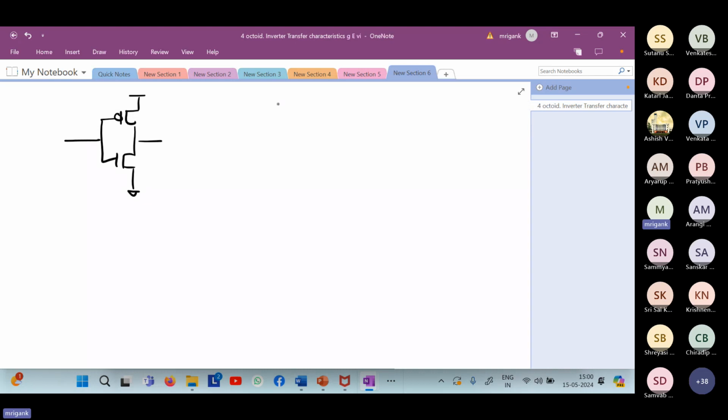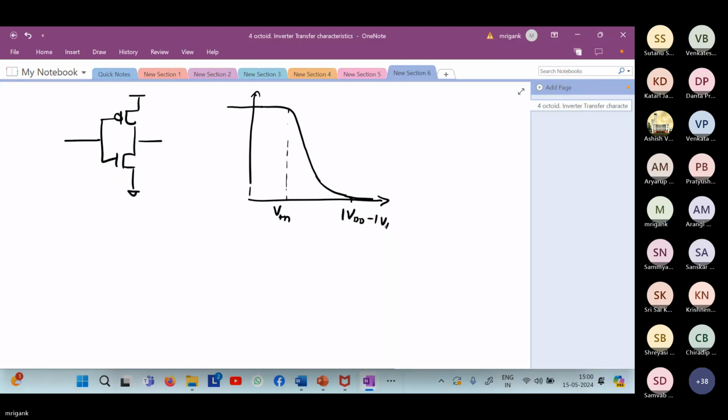So at all these points, we know what the operation region is, and when we are in the high gain region, definitely both the MOSFETs are on till this point. We already discussed these 2 points, VDD minus mod VTP and VTN. Between these 2 points, NMOS and PMOS are both going to be active. And there is a trip point at which V out is equal to V in. This is the trip point, which is the intersection with the 45-degree line.